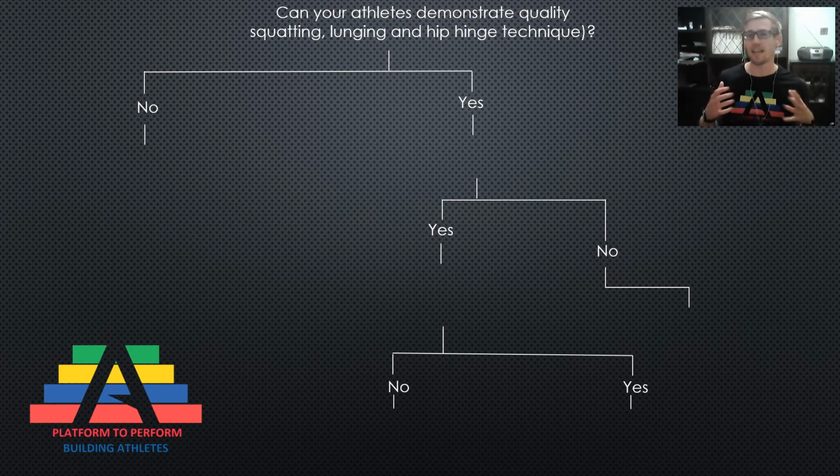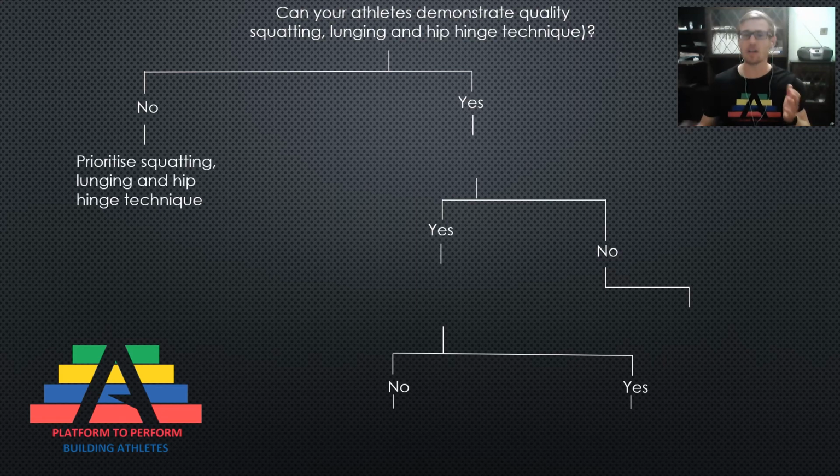So firstly, can your youth athletes demonstrate quality movement patterns in squatting, hip bending and lunging? I'd probably also chuck in bracing, or the ability to hold a push-up position in plank, into this mix, because if they can't do that, there's no point trying to get them to coordinate even something like an A skip or a B skip, because it's going to be too much for them to handle. So if they can't do all of those things, then we need to get them squatting, lunging and bending their hips without looking like they're going to curve their spine.